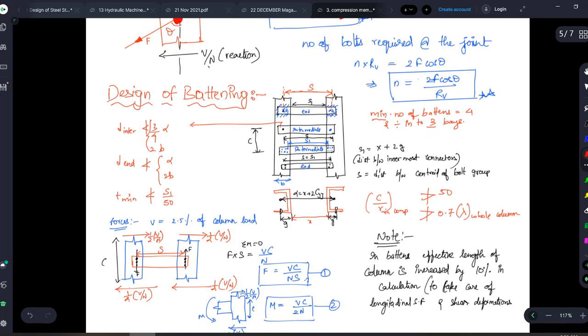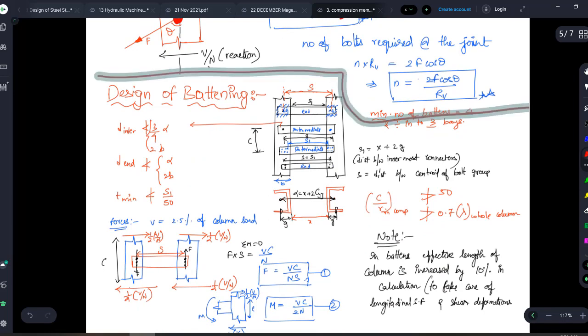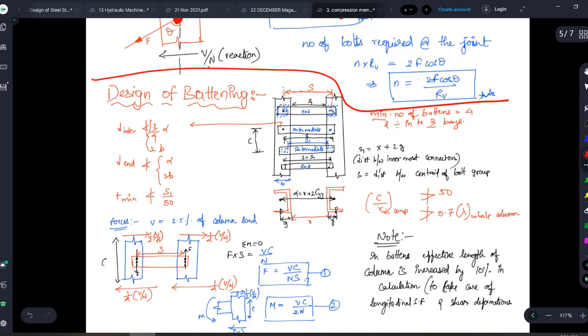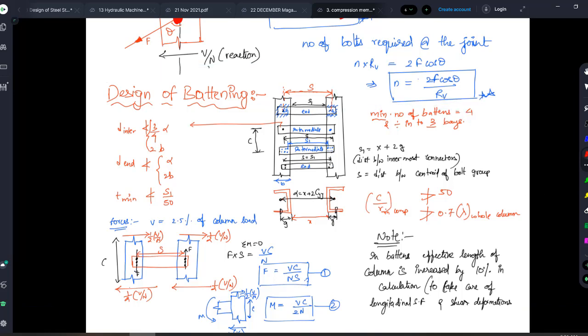Now let us see battens also. Let us see battens quickly. I hope you understood, right? So in battens, it is very much simple. There are some theoretical bits which will come in examinations very frequently, and you have to remember this. The minimum number of battens in a column we have to maintain is 4. Minimum this many should be there. It could be greater than 4: 5, 6, 10, 20. You will not need to go up to 20. So 5, 6, 7, it doesn't matter, but minimum there should be 4, and it should be divided into how many bays. If you have 4, there will be at least 3 bays. Agreed or not? There will be at least 3 bays.